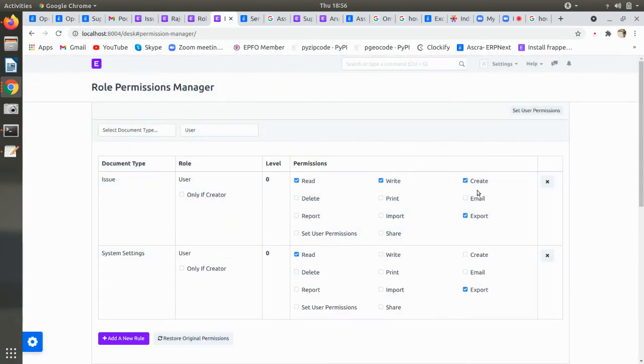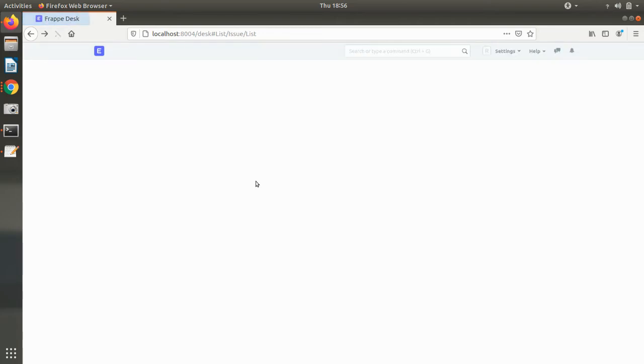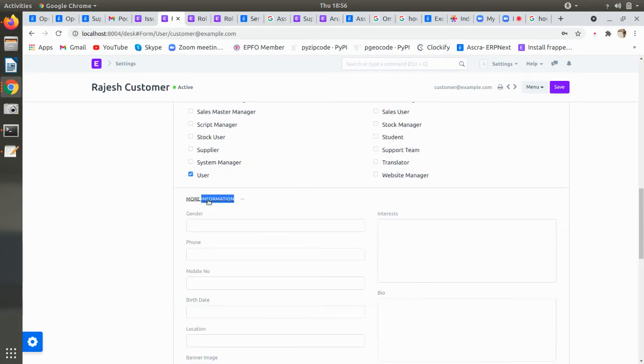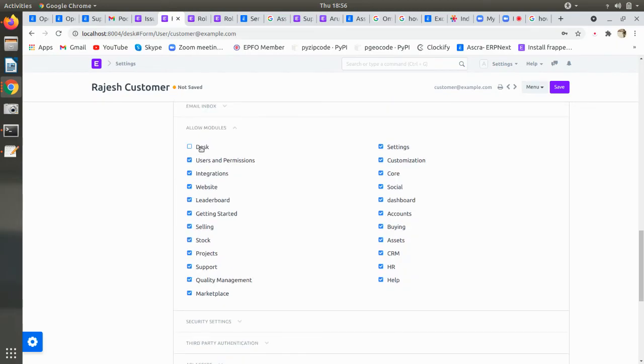Setting for my user only read access. And before that, for other modules, we can untick all things. We can keep only what we want to give.